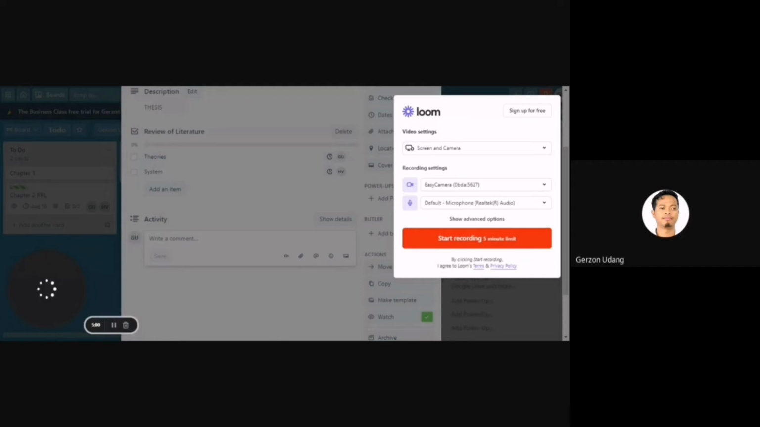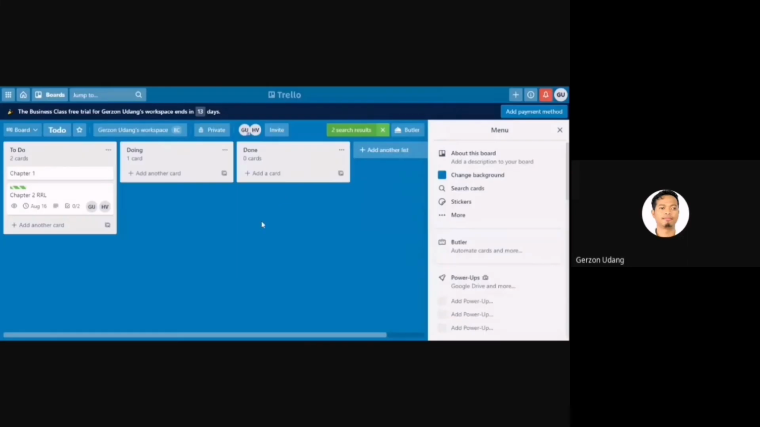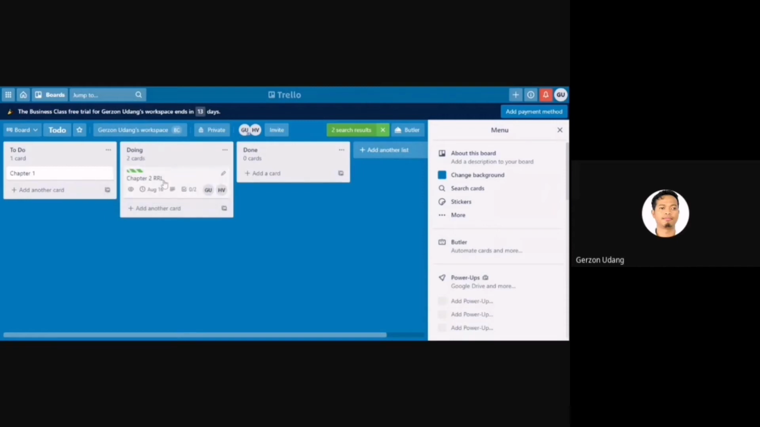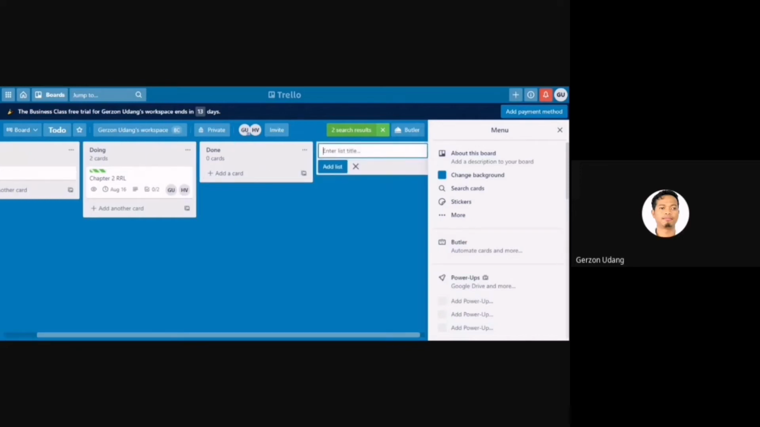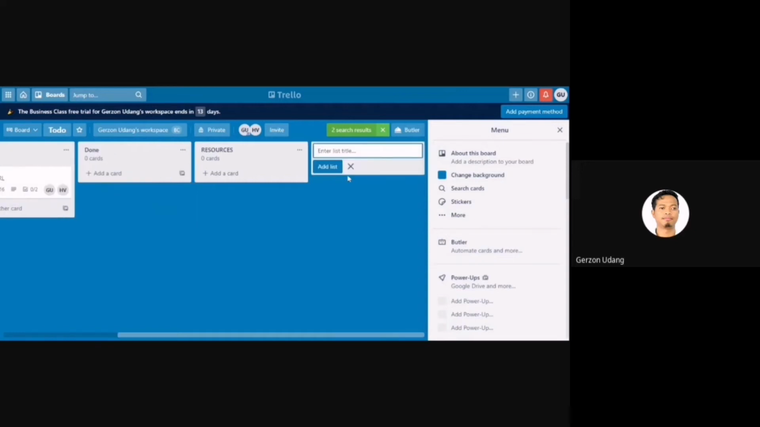So much for the card back. Let's go back to the main board. As the task progresses from start to finish, cards can be moved across lists by clicking and dragging them to a different list. But just so you know, not all lists have to be part of a workflow. Lists can also act as a repository for ideas, documents, and resources. For example,